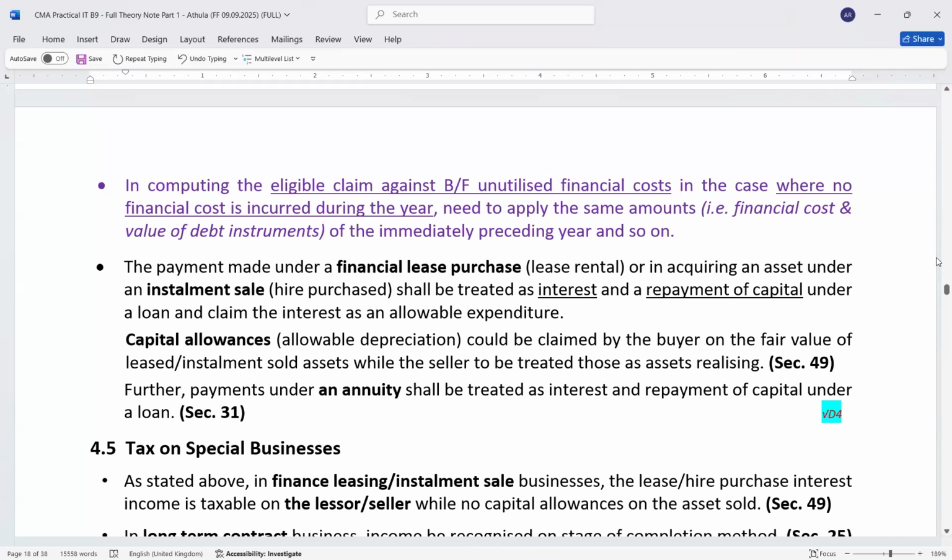Therefore, whether it is for a business source or for an investment source, the loan interest is allowable. Either case, you can deduct the interest expense against your business income, isn't it? No, not business income, that particular income. If it is a business income, yes, in arriving at the assessable income from business. If it is an investment source, to arrive at the assessable income from investment. Now the assessable income from the investment is usually dividends, no?